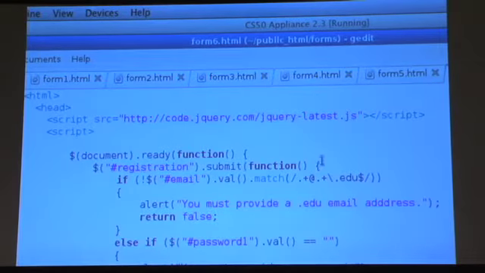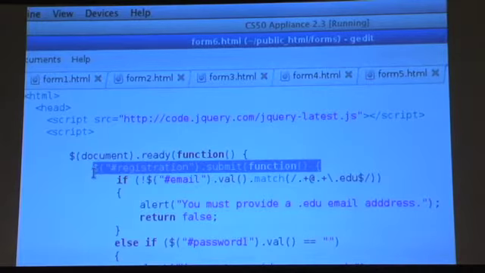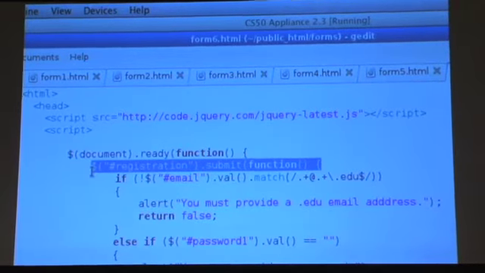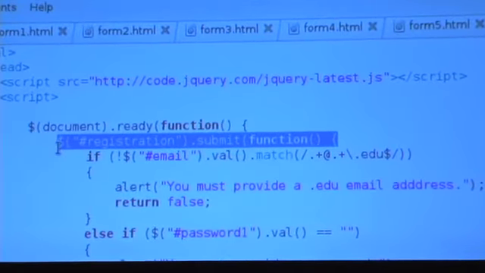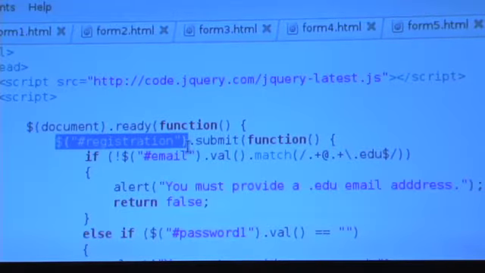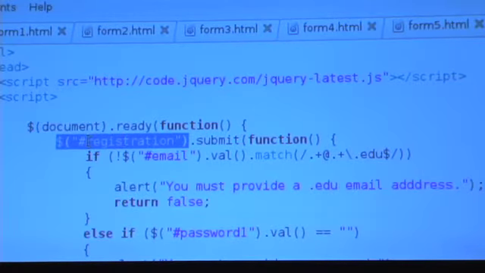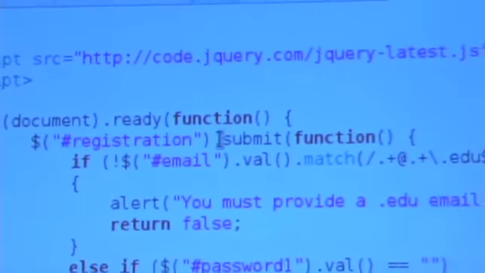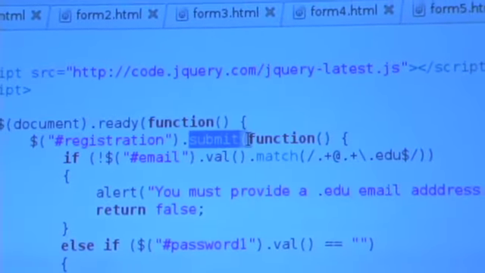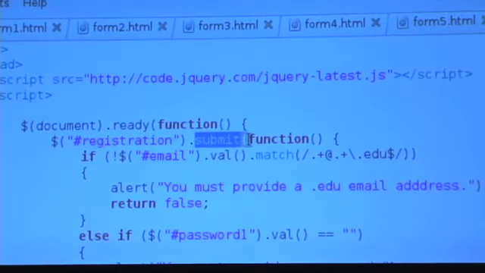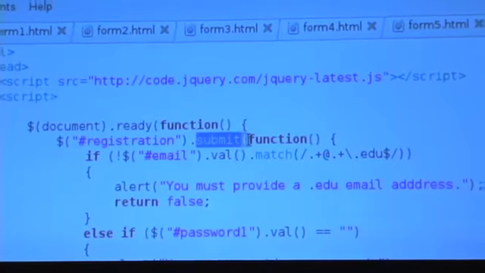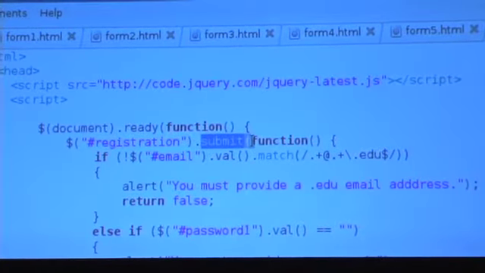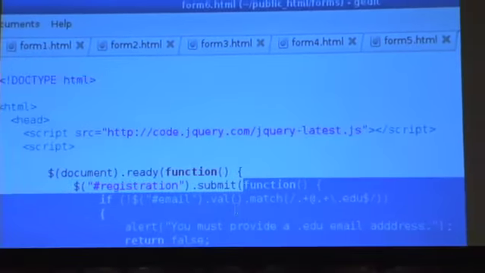Rather than have HTML and say an attribute of onSubmit, I'm now doing this programmatically. So this, again, suggests better design. It's more complex at first, but better design. So this means, in jQuery, go get the DOM node whose ID is registration. And the fact that I use the little hash symbol means go to find the ID matching registration. And then .submit is a special jQuery function that simply says, when that element is submitted, call this function. And again, I don't care about the function's name. It can be anonymous. And so I just say, execute all of this code here.